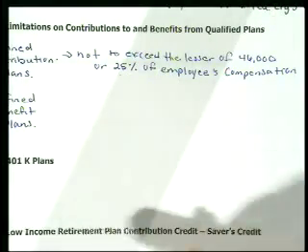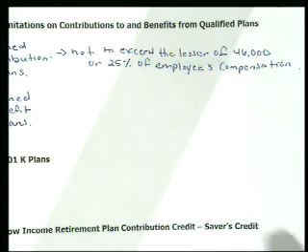So now let's look at the top of page 3-21. Alan works for an employer whose qualified retirement plan states that Alan will receive a retirement benefit at age 65 equal to 40% of his last year's salary.